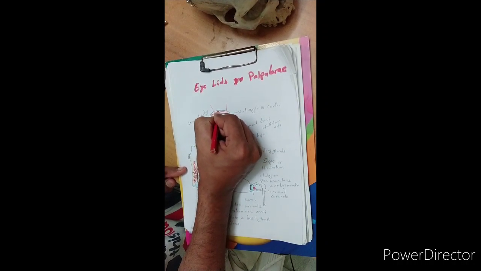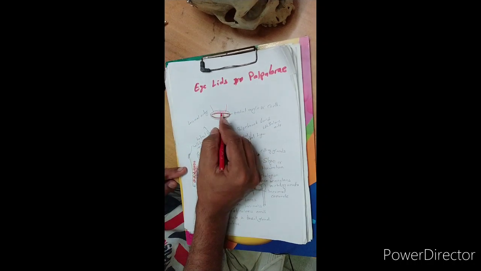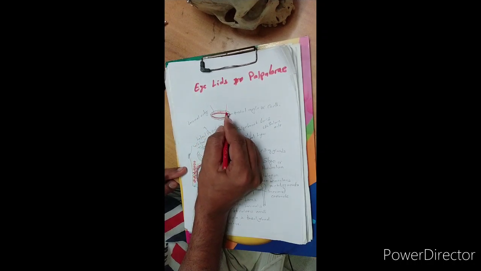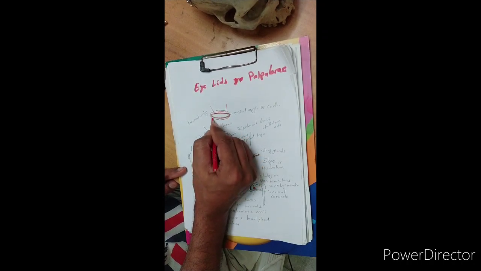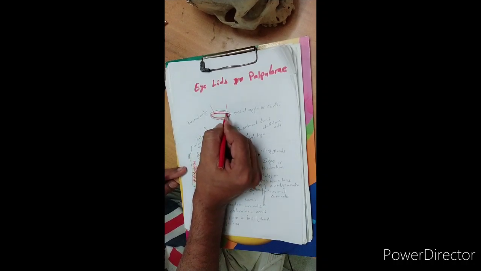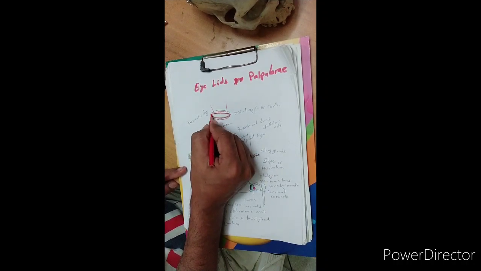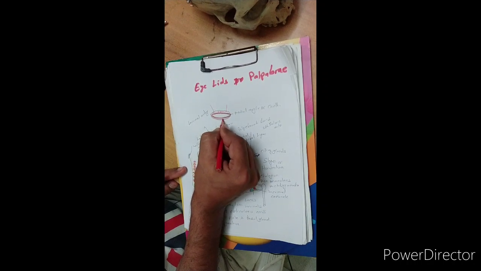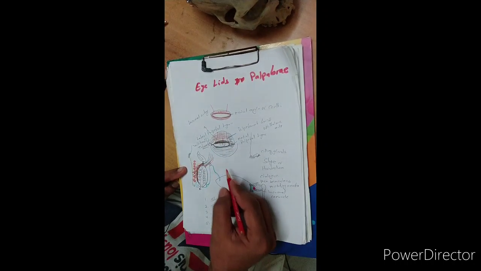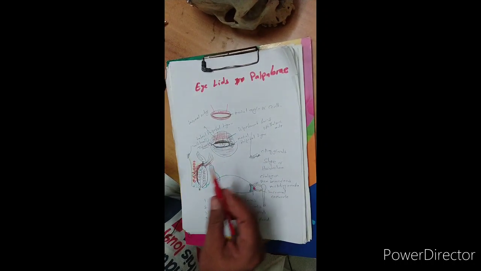They both anastomose at the lid margin and form a circle here, in the upper eyelid as well as the lower eyelid, like this. The anastomosis supplies the lateral half and the medial half of the upper and lower eyelid. So the circle is formed here, and through this circle the small branches start and supply the tissue. Clear? So in this way the artery supplies.